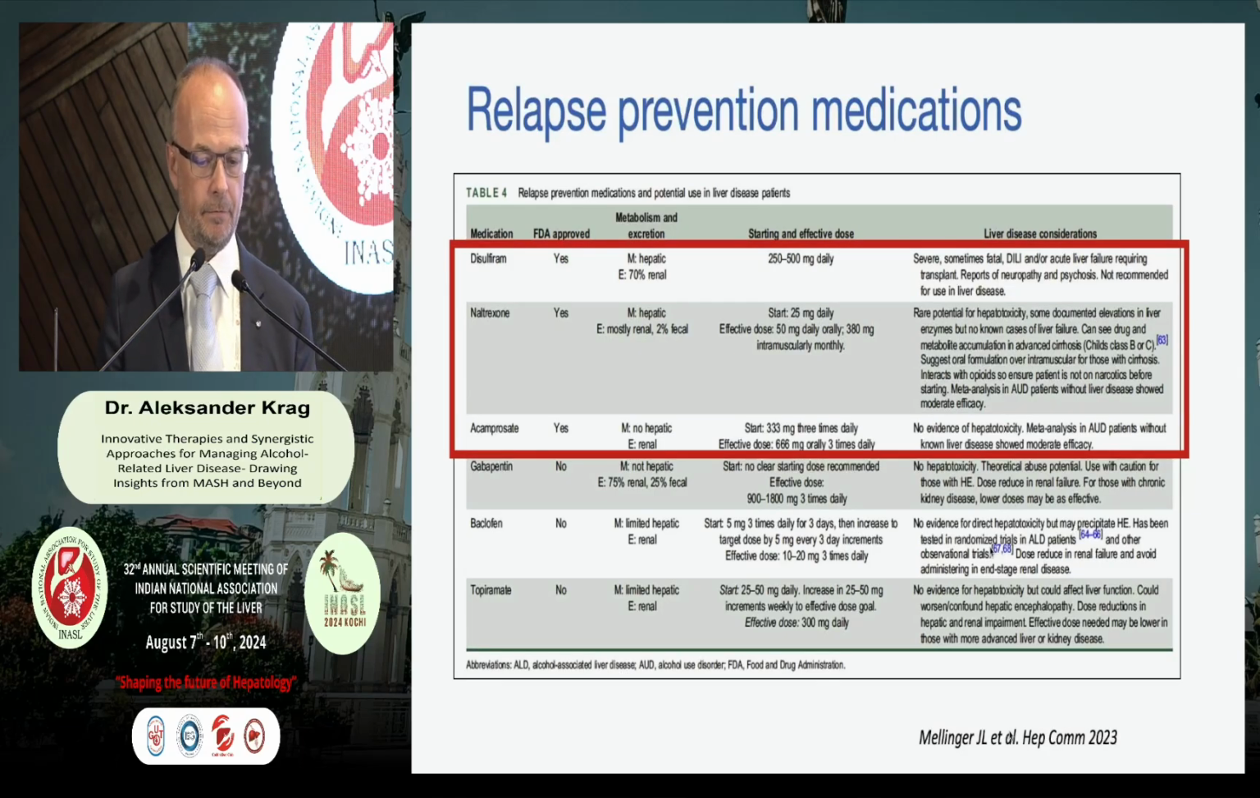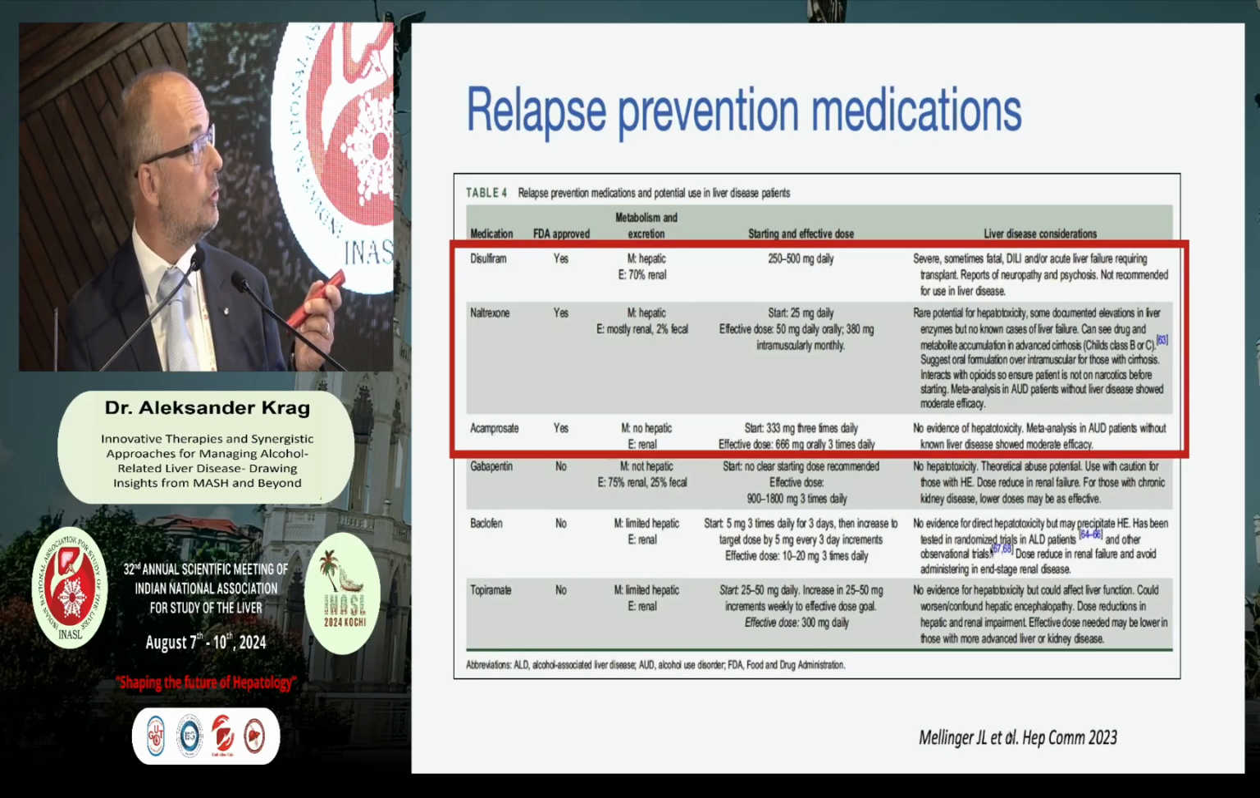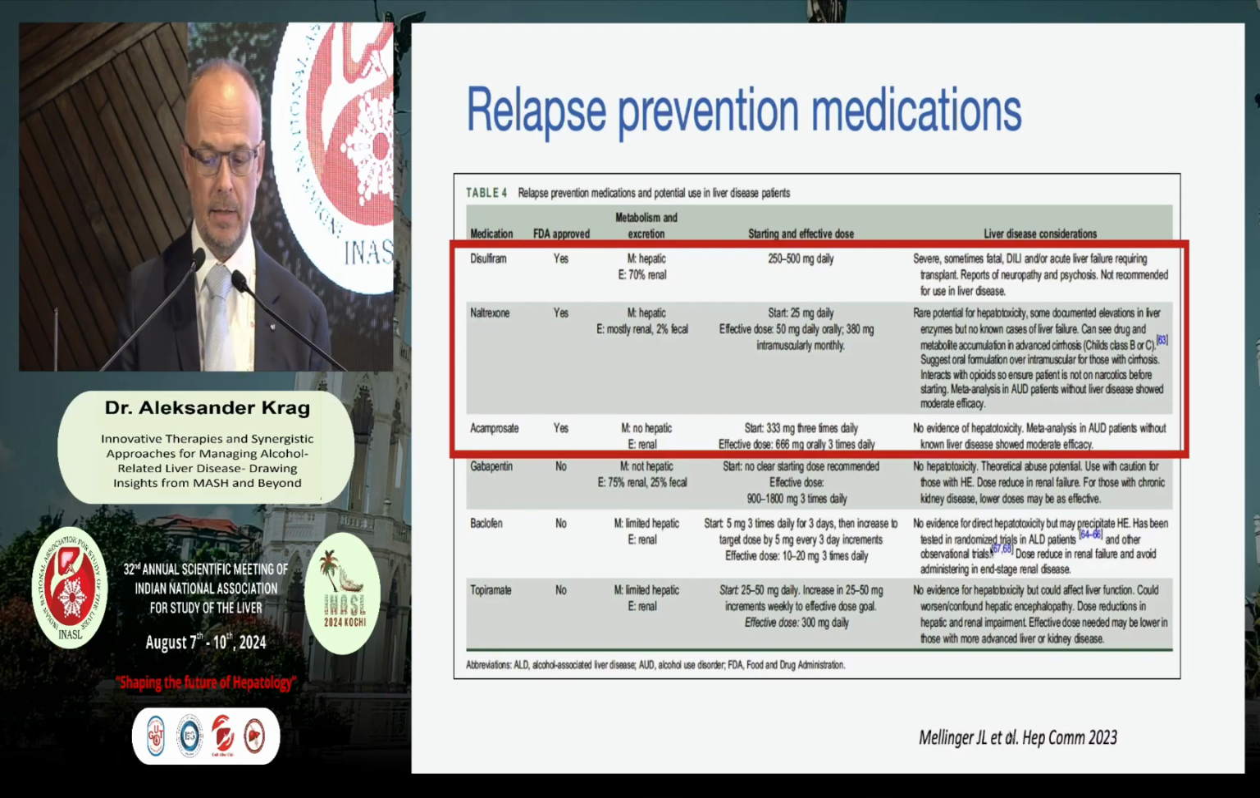What drugs do we have? I think I will only mention 3. Don't use disulfiram, that could be liver toxic. Naltrexone can be used. We use a lot of acamprosate, and that is renally excreted, and it's actually quite easy